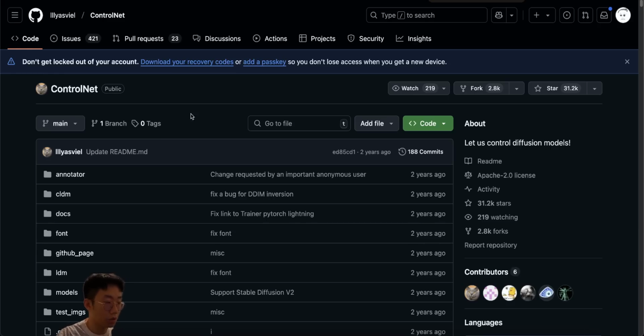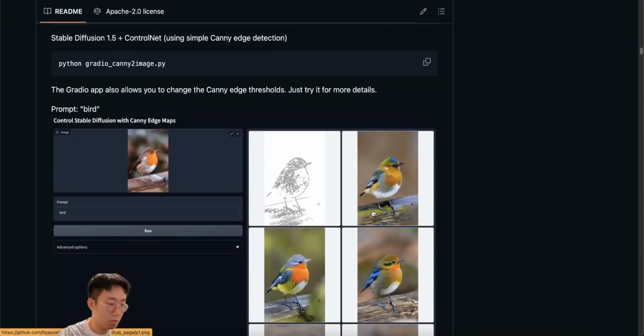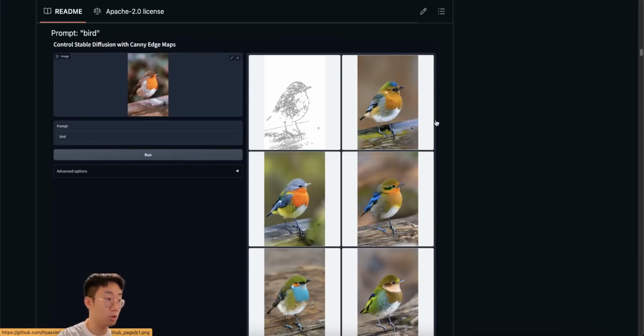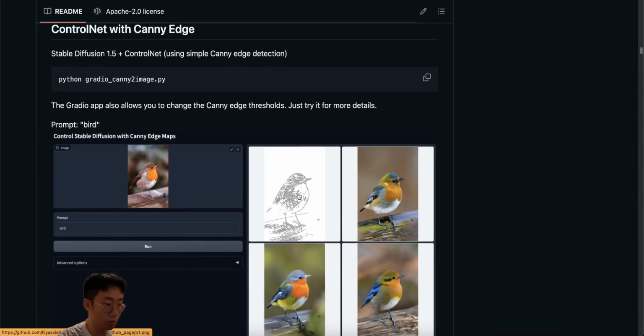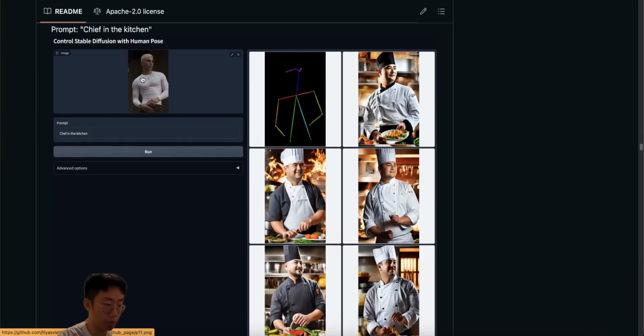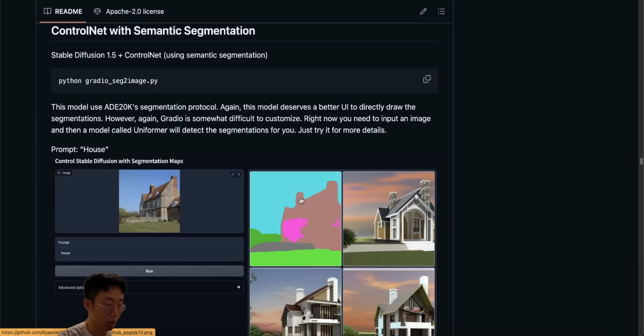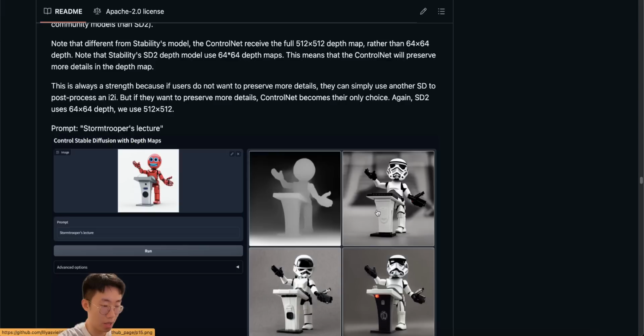And the last part I want to cover is ControlNet. You probably heard about ControlNet, but are not sure what that means. So ControlNet is a specific type of model that is used in image-to-image generation, where it allows you to extract a specific type of essence of the original image and use that to generate new images. And there are different types of ControlNet you can use. For example, this is called Canny edge, and this is human pose, where it can extract the pose from an image and generate new ones, as well as semantic segmentation, where it can extract certain segmentations from an image,